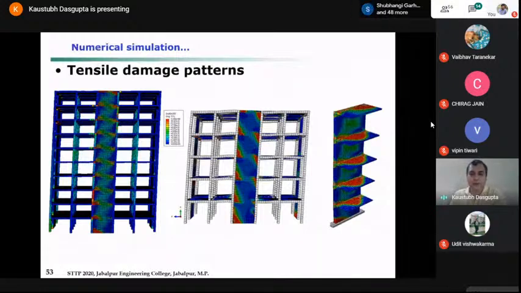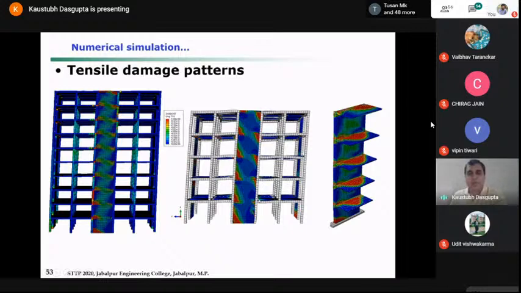So the deformed shape will tell us on which side you had primarily tensile stresses and which side you had compressive stresses. As you can see, if this had been a typical slender wall behavior, like an isolated cantilever wall, you would have got a large extent of tensile stresses on one face and a large extent of compressive stresses on the other face. Okay? But here, what is observed is the entire wall is behaving like a